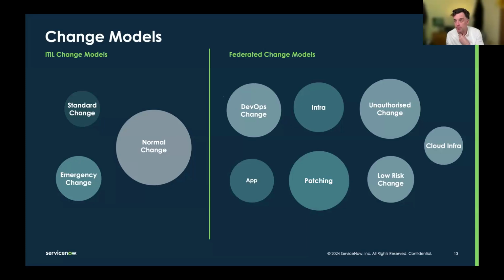Of models? Yeah. DevOps is the one I chose for this primarily because it's easiest for us to get our heads around, because DevOps has all that shift-left data embedded. It's a different way of doing change, where you delegate responsibility to the teams in your DevOps pipeline for making sure the change is fit for purpose and fit to go into production. You just report to us the test results: you had 70% pass for your unit testing, 100% pass on your security scans, branch protection enabled on your pipeline, and all the work items had a story attached. We'll test that and report it on the change, so you're compliant. But we're not having someone manually approve and look at those things, and we're not asking them to cut and paste.